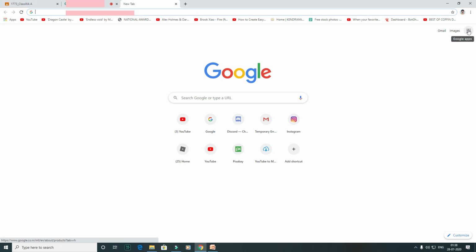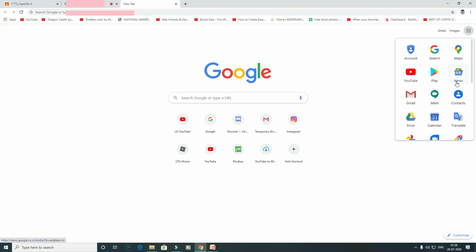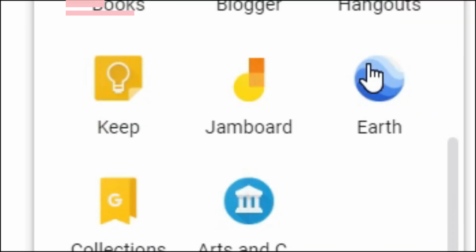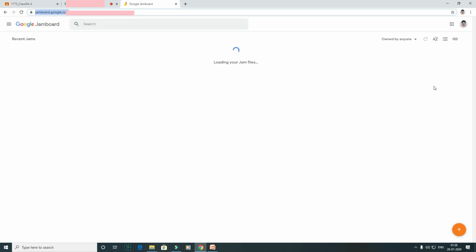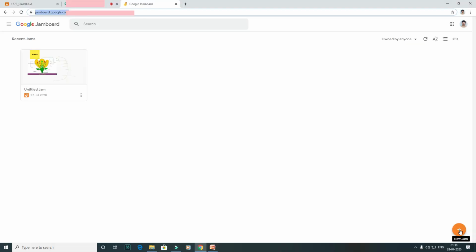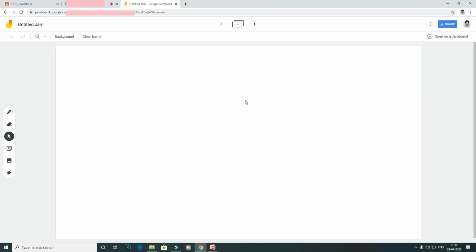Here there are 9 dots, that is actually called Google apps. Just click it. Down there the board is available. You can see Jamboard. Just click it. It will come here. There will be a plus button. Just click it. The board will appear like this.